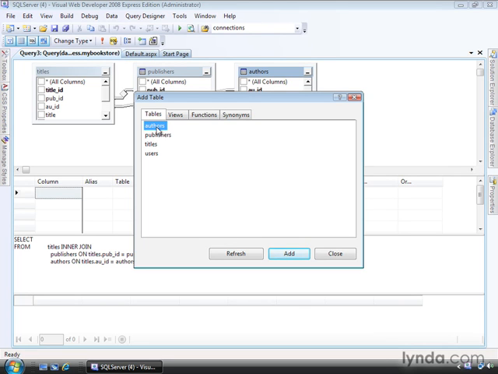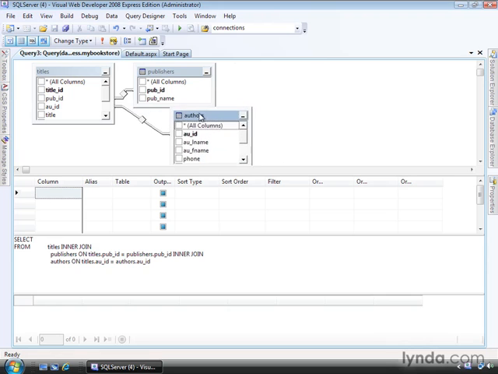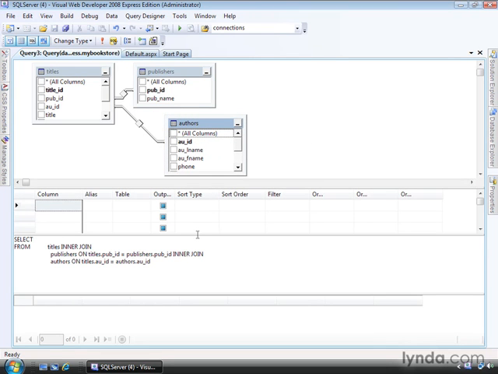These connections are made because the names of the columns in the tables match each other, and Visual Web Developer picks that up and decides that it can join the columns during the query's execution. Now close the Add Table dialog and take another look at the diagram of the query. You can drag the table icons around as you need to, and also resize or even close the different panes